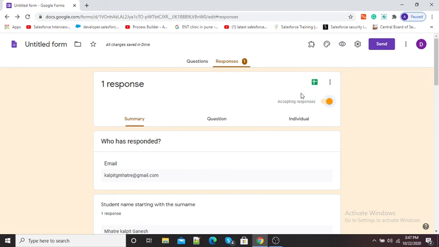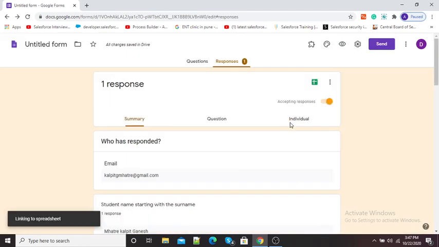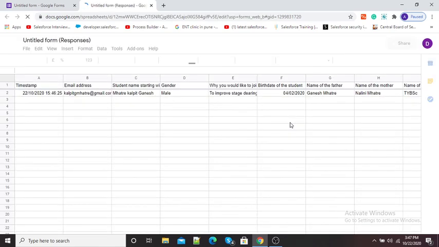Now if I want the data received, then here you can see this green button. I will click here on create spreadsheet. I will click on the create button and now you can see my Google Form is creating a spreadsheet for me. Now only one response is there which is showing. If there are so many responses, then it will show in this spreadsheet.